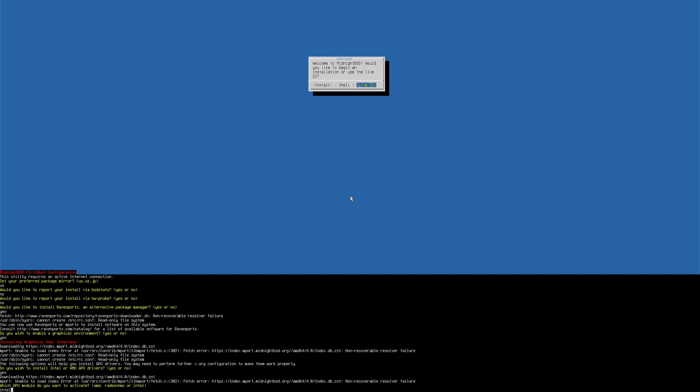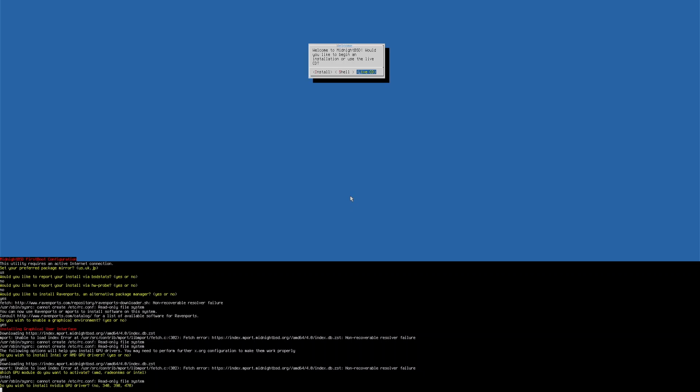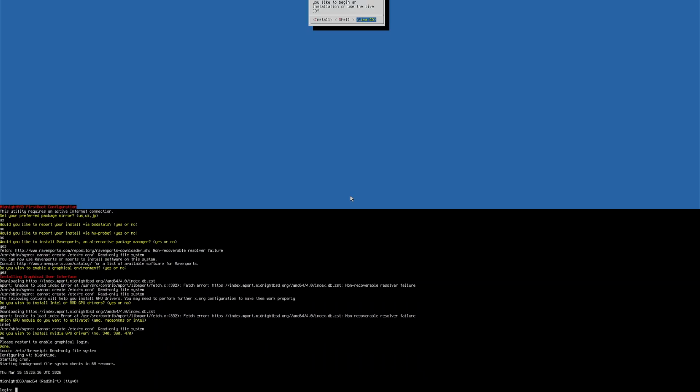I hope they mean integrated GPU. No, I do not wish to install NVIDIA drivers. First of all, I don't have an NVIDIA card. Second of all, fuck NVIDIA. Hate those fuckers. Okay, what do I do now?